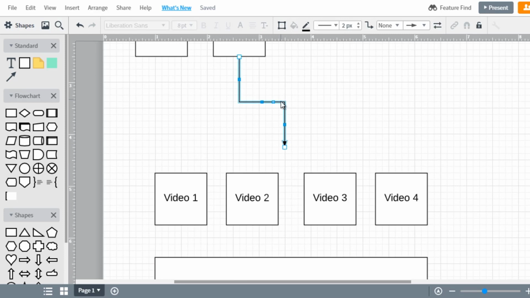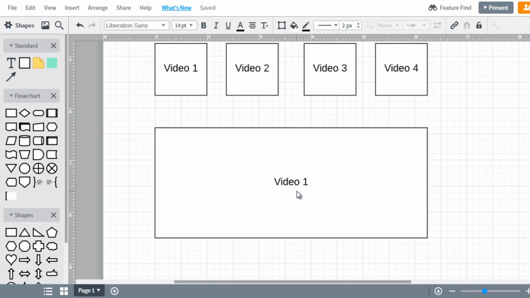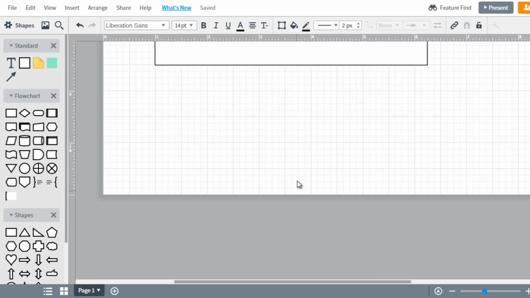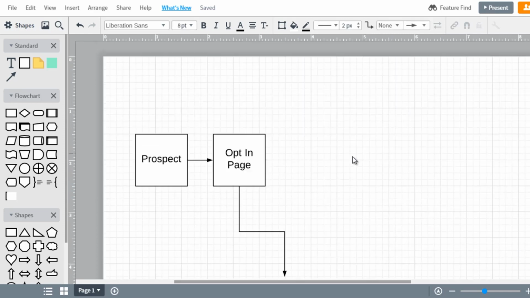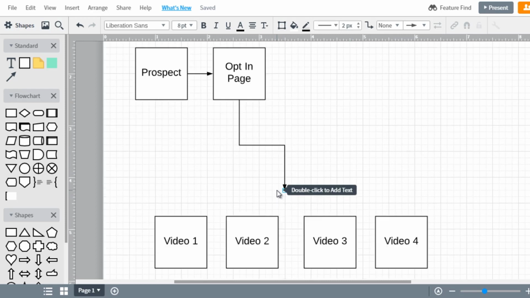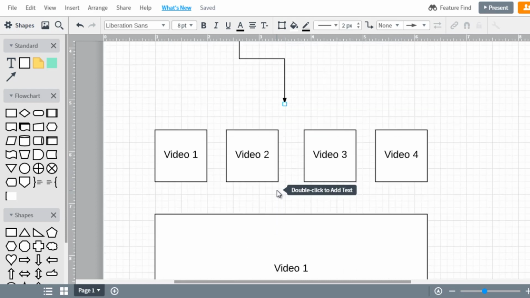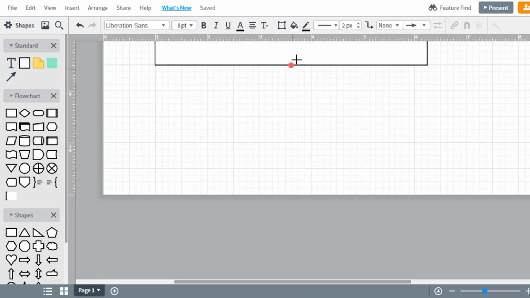So this is the opt-in page. So this then links to